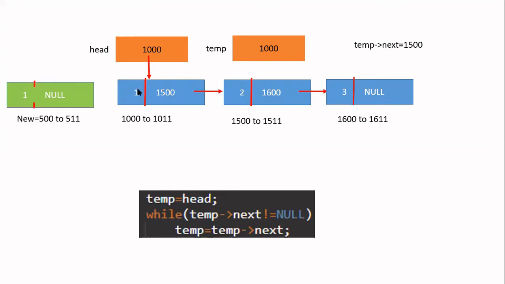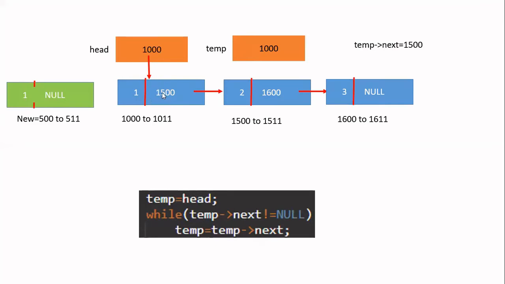If I want to access the data, I have to give temp arrow data, because temp is a pointer to this particular node, the first node. Why do I say it is a pointer to the first node? Because whatever is the starting address of the first node, that is available in temp now. The meaning is temp is a pointer to that particular node. With the help of the pointer, I want to access this field. What is this field? It is the next field of the structure. So if you write temp arrow next, it is going to give you this value.